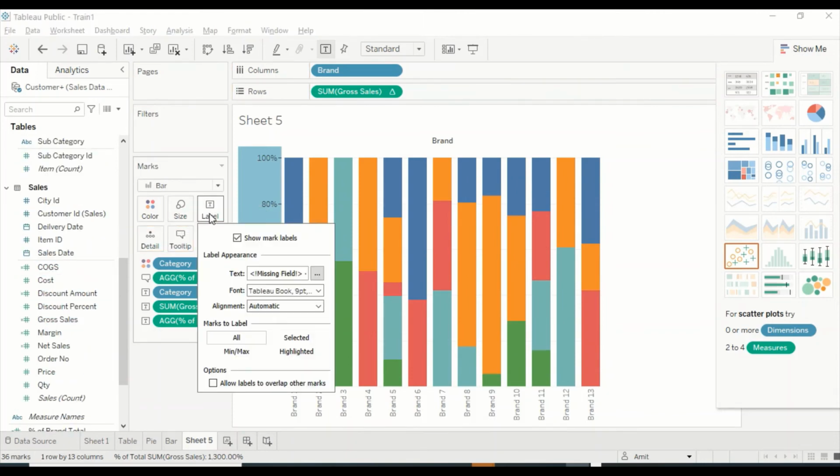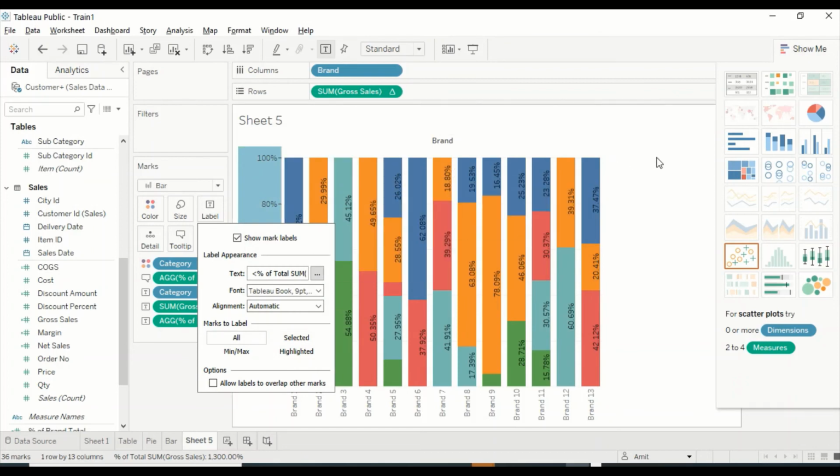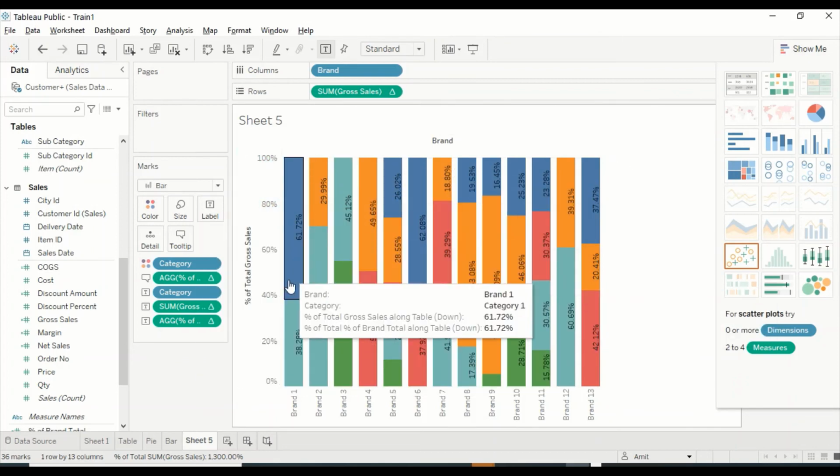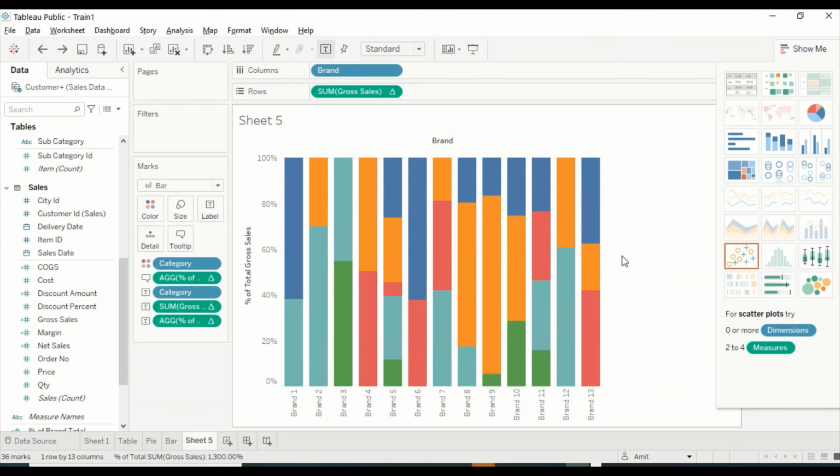Okay, so it's not showing. Let me remove these missing labels first of all. Okay, so now it is automatically converted into the 100% stack, and we can see how the contribution is. So this is the 100% stacked visual for you.